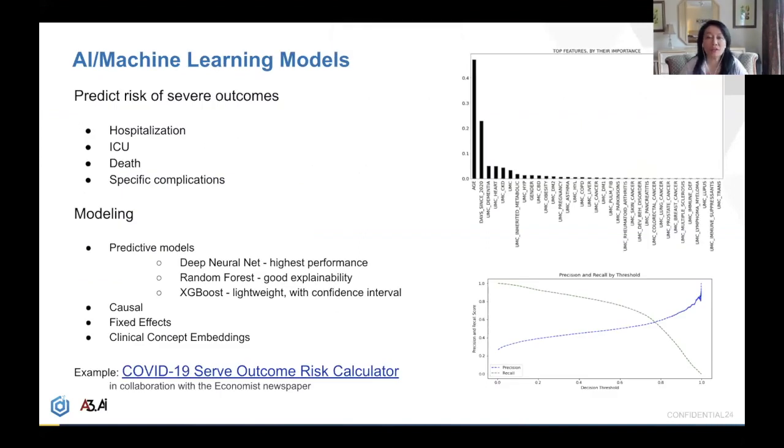So I'm going to hand over to James to talk a little bit about the AI machine learning models we built. James? Yeah, can everyone hear me? Yep. All right, thank you. Thanks, G. So as G was saying, we use different variations of this linked data set to develop machine learning